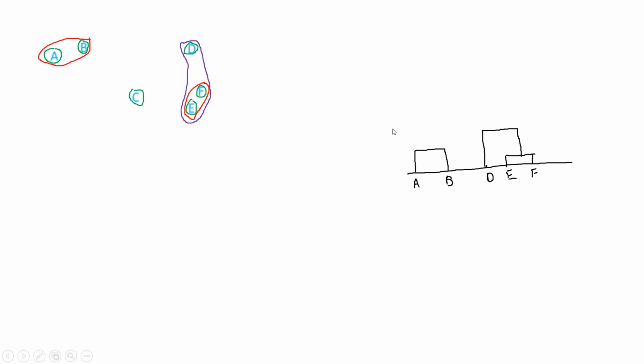So actually in the y-axis, what we are plotting is basically distance. Okay, that's all. Then the next closest pair of clusters is C and this set, right? We'll be making them a cluster and we will be updating our dendrogram also.